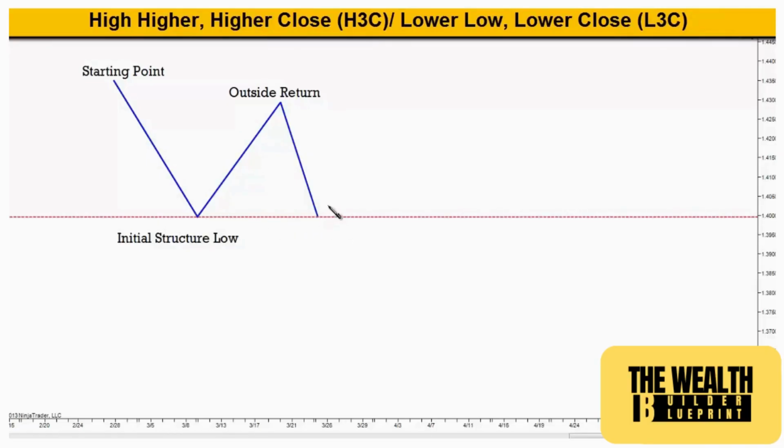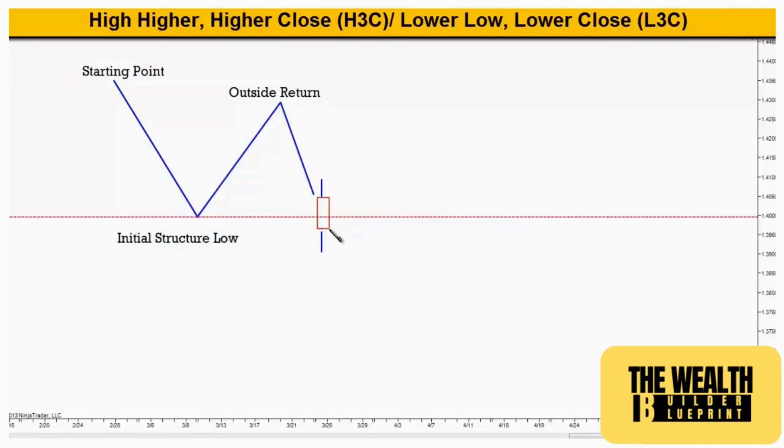So again, if the market is rolling down to this level and we're looking at our candlestick, if we were to get something like this at this level, where the market breaks below, giving us a lower low, but we don't close below that level, then we can't say we're in a bearish trend. However, if our candlestick closes beyond our previous structure low,